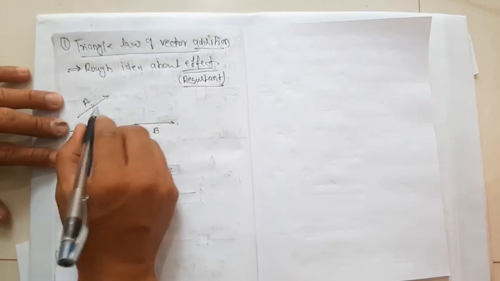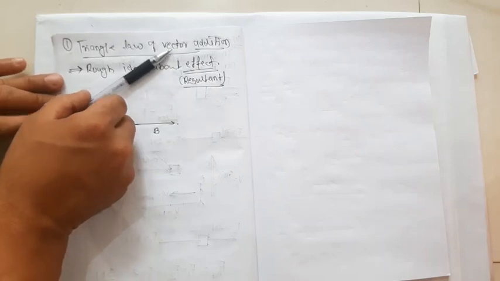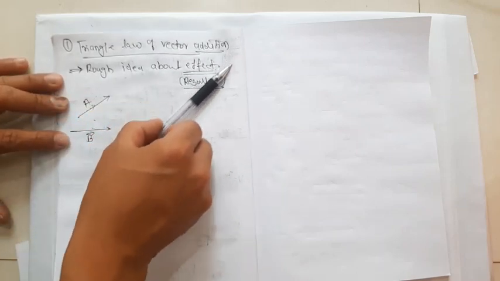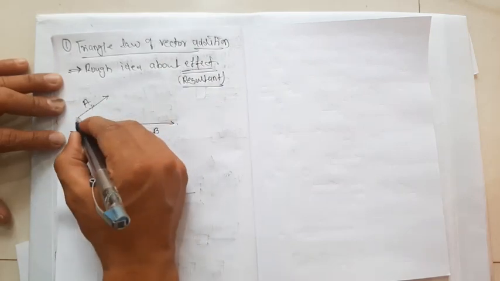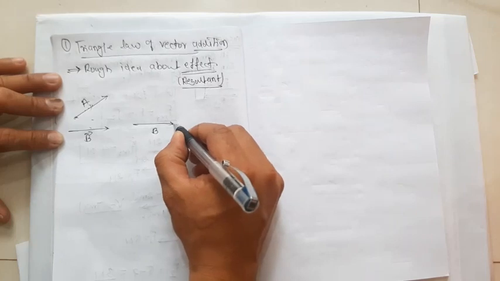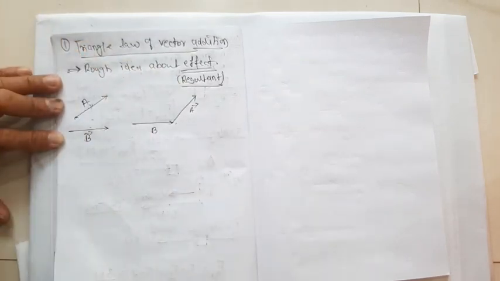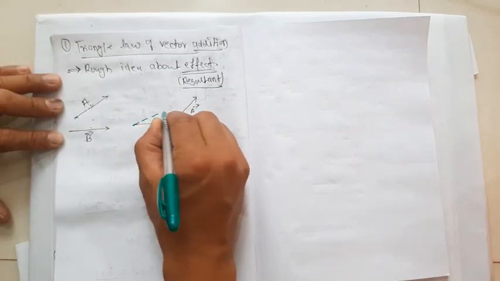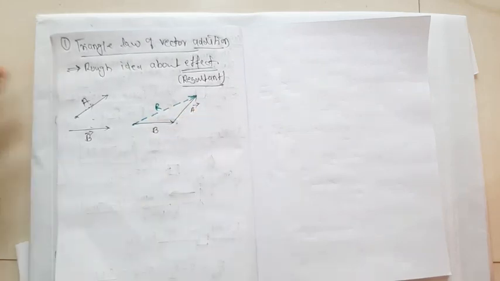You can move this vector anywhere. It is pointing in this direction, and you can move it in any direction without changing the direction, correct? It should be moved parallel anywhere, but the direction should remain the same. So I will take this vector whose tail will match with the head of this vector. So this is vector A, correct? Now this is the initial position. If I draw one line from the initial to the final, this is the resultant.